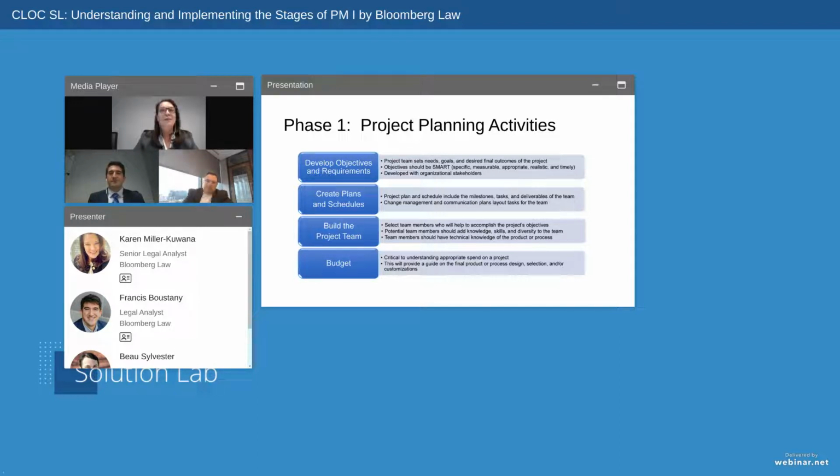Think again about that story. This will be actually your written story that you'll read out loud or your outline for the story. You want to make sure you also include milestones and deliverables in this project plan and schedule. And for legal ops and legal matters, at this point, this may require outside or external resources. You'll have to develop a statement of work or a request for proposals during this phase.